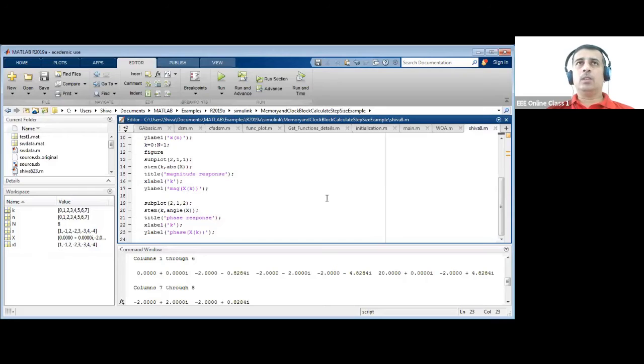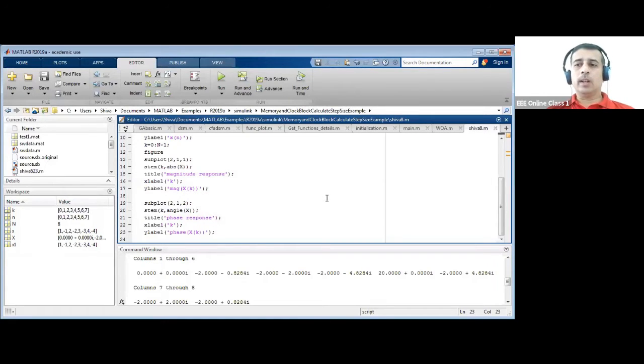By the definition of DFT, we have the formula X of k is equal to summation of n equal to 0 to N minus 1 of x of n times e to the power of minus j 2 pi nk by capital N, where k varies between 0 to N minus 1. Similarly, if you want to find the IDFT, you people remember the formula, I think.